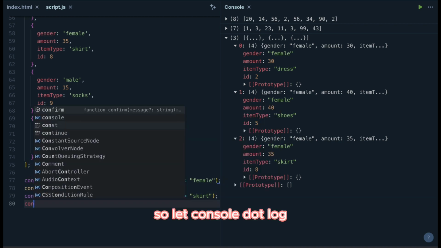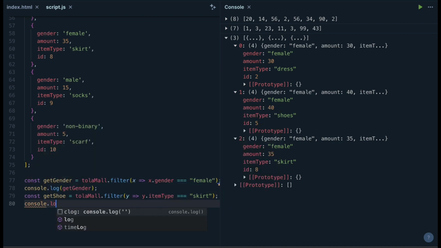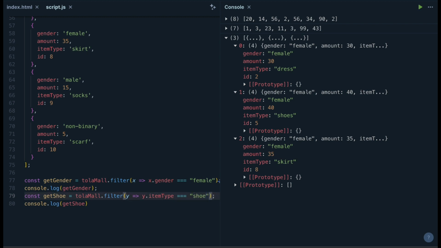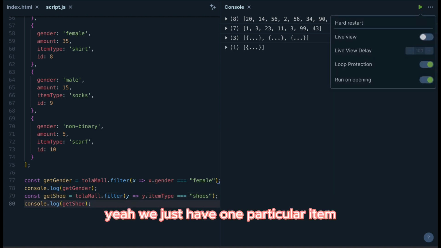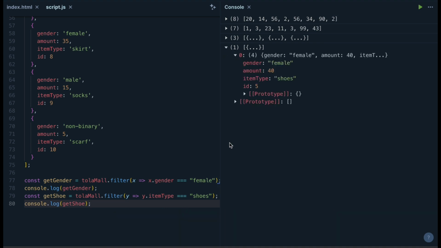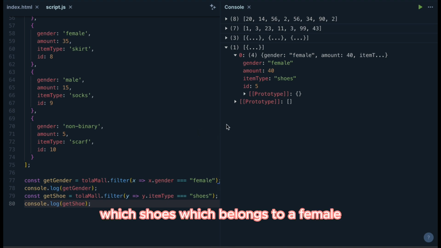So let's console.log get shoes. Shoes rather, mistake. Yep, shoes. Let's play this. Yeah, we just have one particular object with shoes which belongs to a